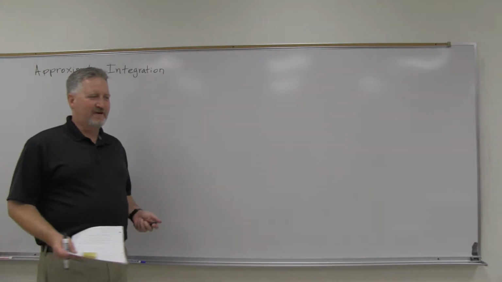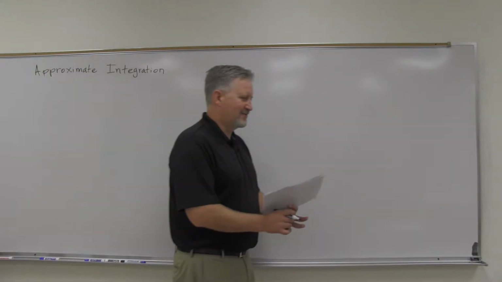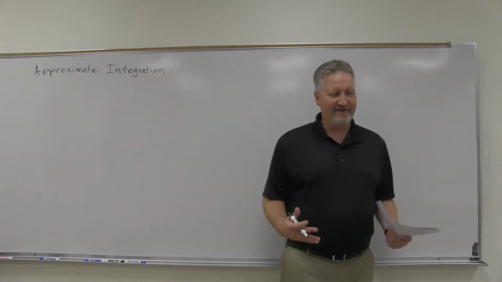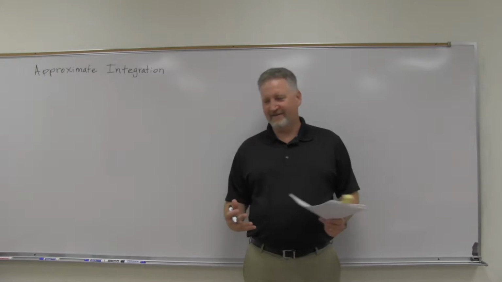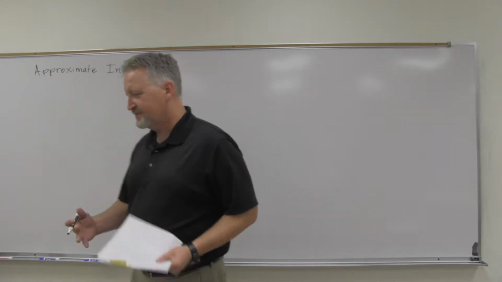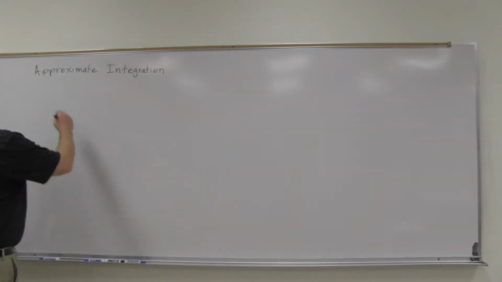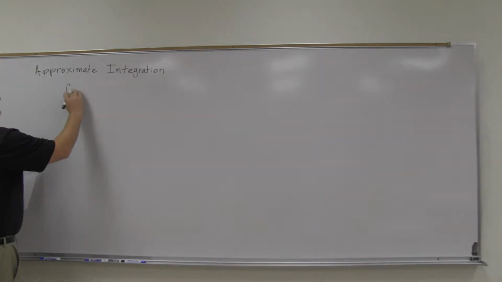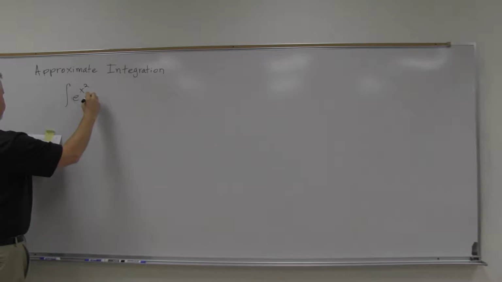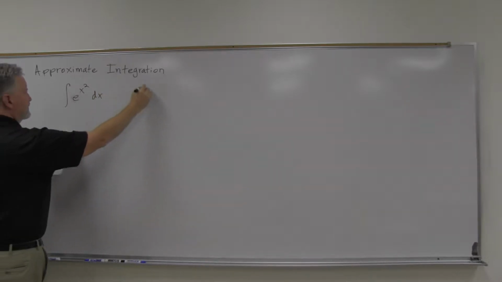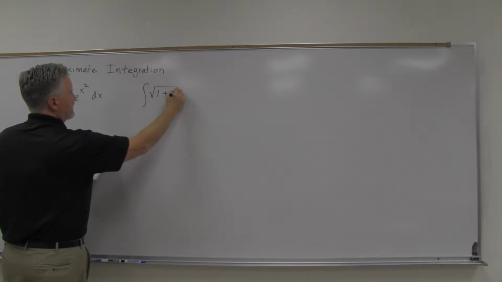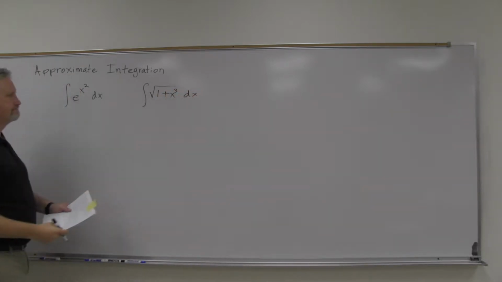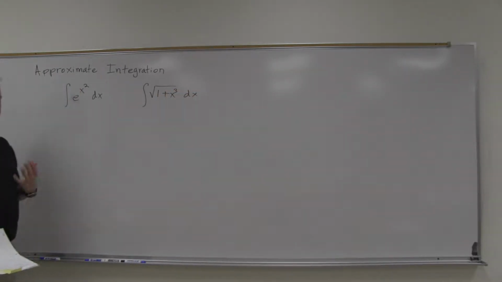Even though we've talked about a lot of different ways to integrate stuff, we still can't integrate everything. There are some integrals that are just impossible to integrate. For example, the integral of e to the x squared dx, and the integral of the square root of 1 plus x cubed dx. We try to go through all the processes,